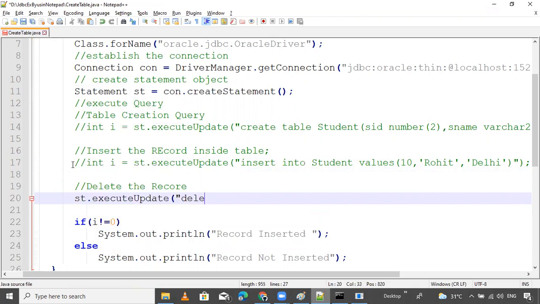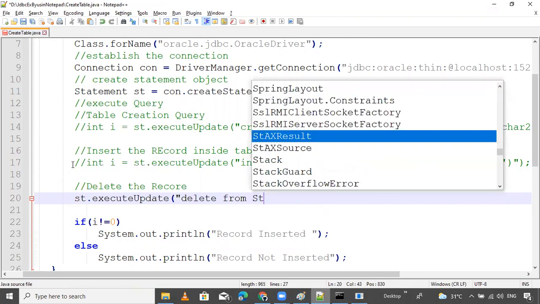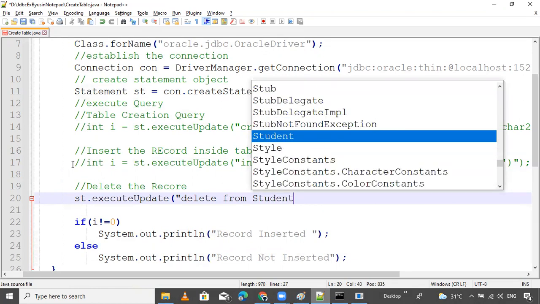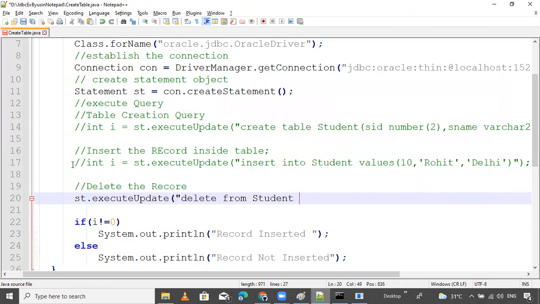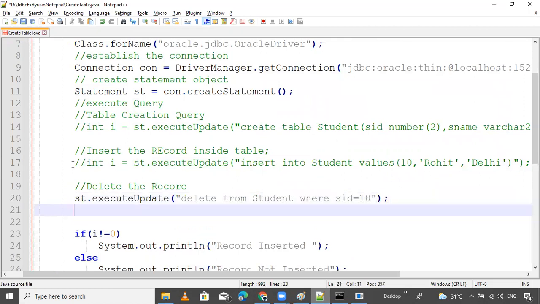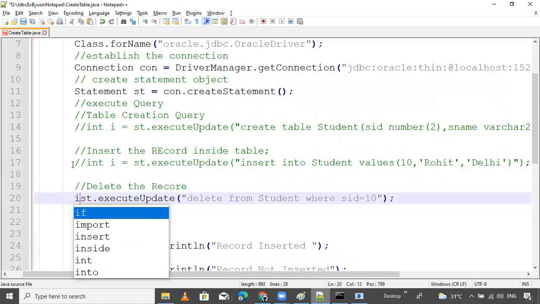So now I want: delete from student where SID equals 10. This is the total query.